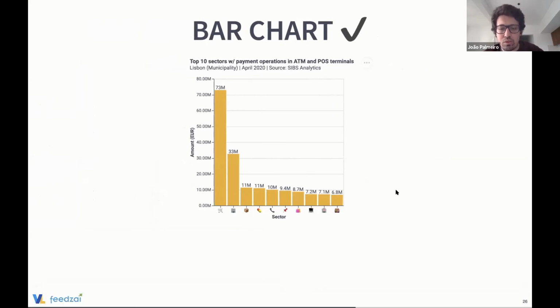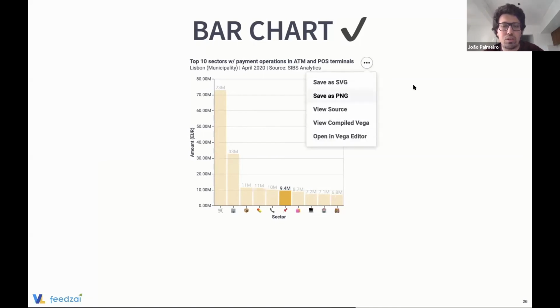Maybe in the end, if you need, I can go back to these slides and explain with more detail. But basically now we have this bar chart with highlight, with tooltips. We also have this button that I'll talk about later that you can download it as an image, and titles that I didn't show here.